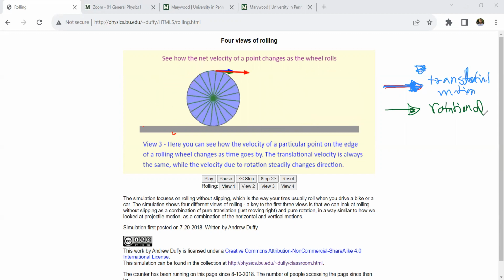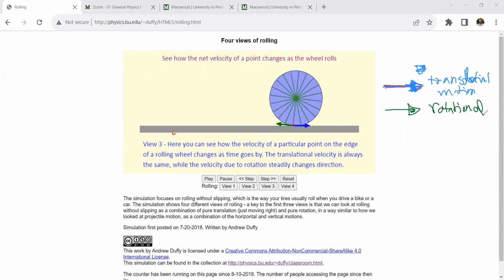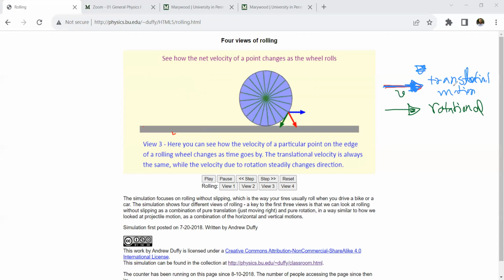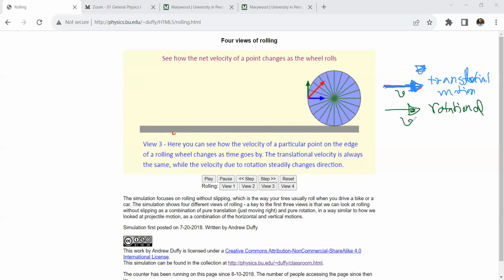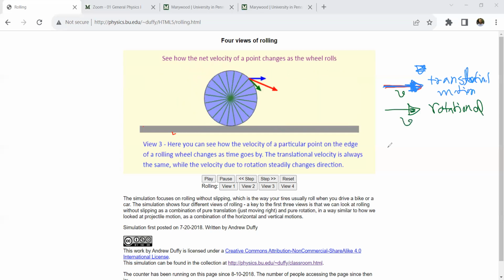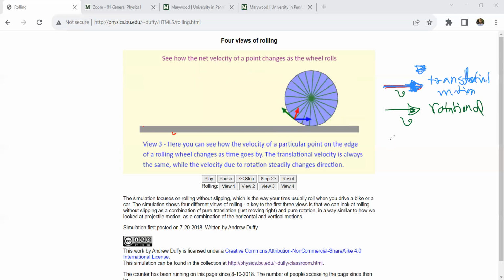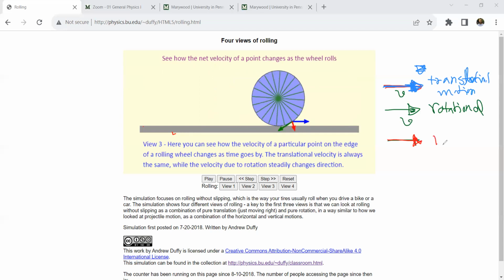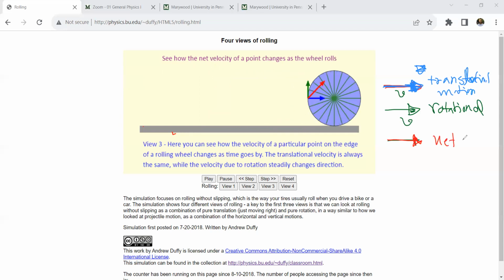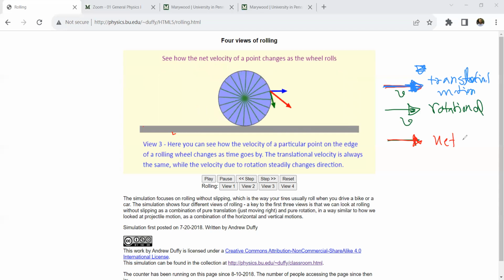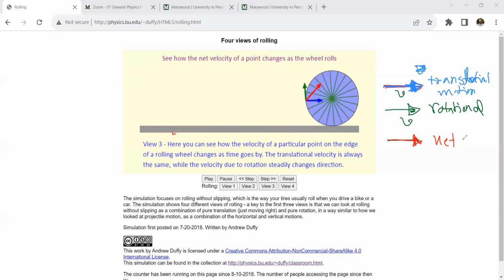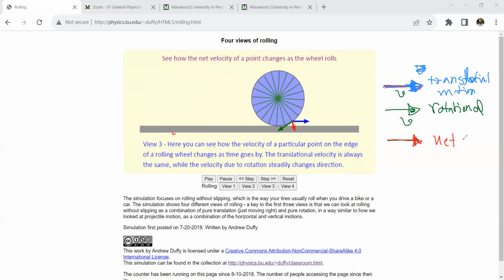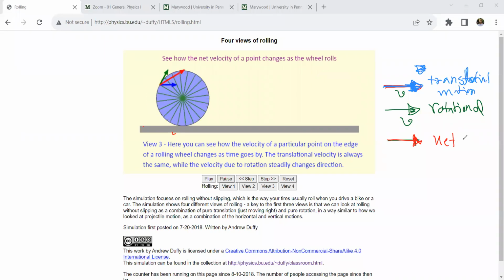And red is the combination. Because velocity is a vector quantity, we have this velocity due to the translational motion, and this velocity due to the rotational motion. The red is basically showing us the net velocity at every point. Now the thing I want to show you here is